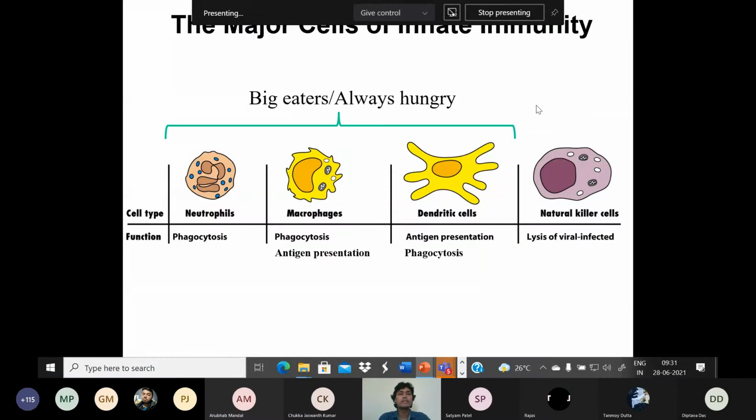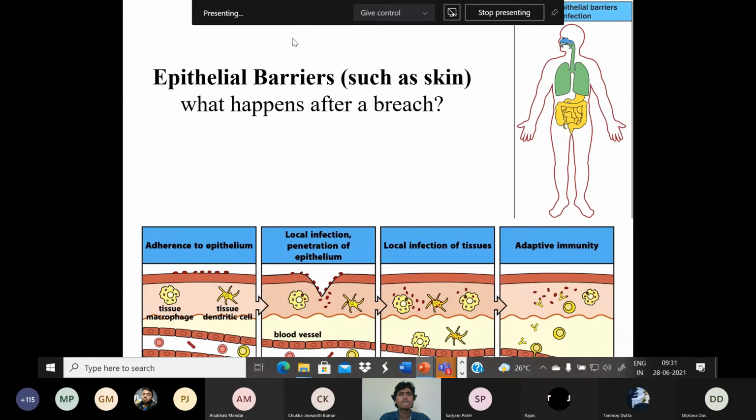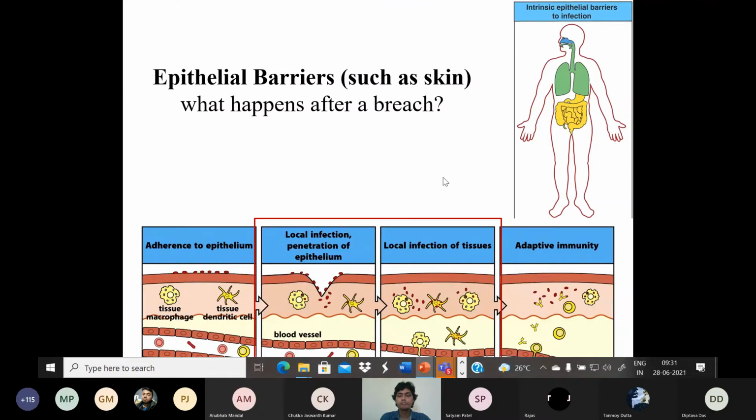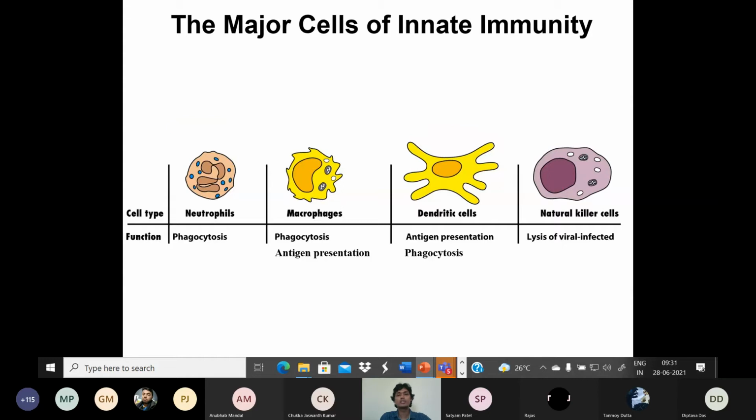If you see that the major cells of innate immunity, I already explained this. Why is it showing here? One minute. So I was here actually in this slide, I already explained this. Now here,